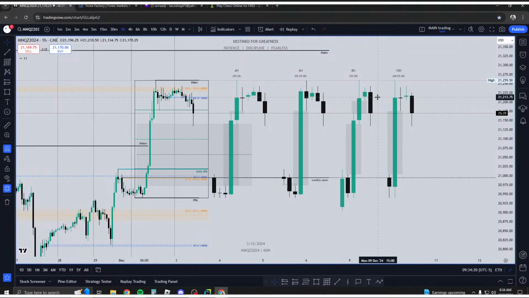But are the lower time frames telling me that we're going to take out previous day high? Not exactly. If we can get a bullish closure on the 8-hour and the 4-hour and those time frames align with the daily candle, then that's going to be time frame alignment. But as of right now, I really don't want to force a narrative onto price here. But yeah, that's pretty much it for my morning and daily bias.